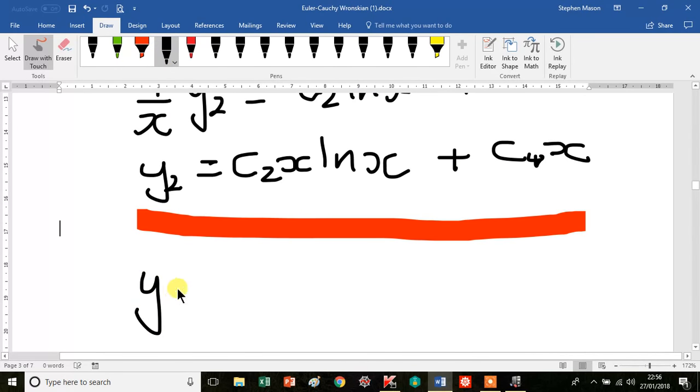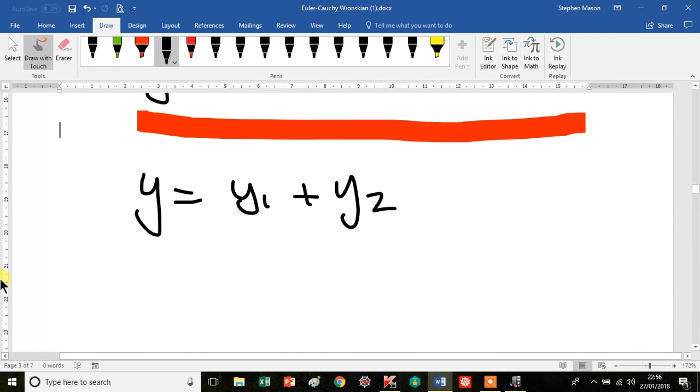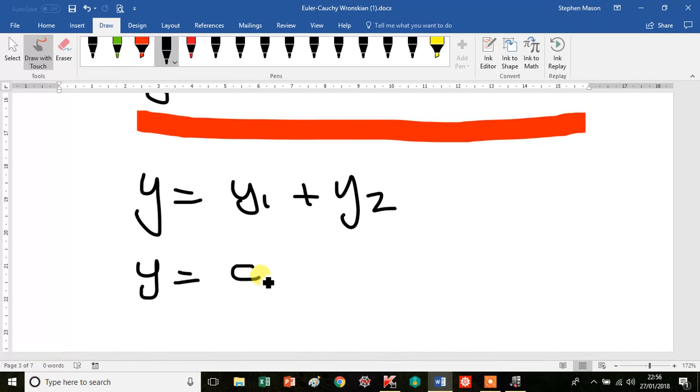Therefore, y equals y1 plus y2. It's a second order differential equation, so we add the two solutions together. So we've got y equals cx